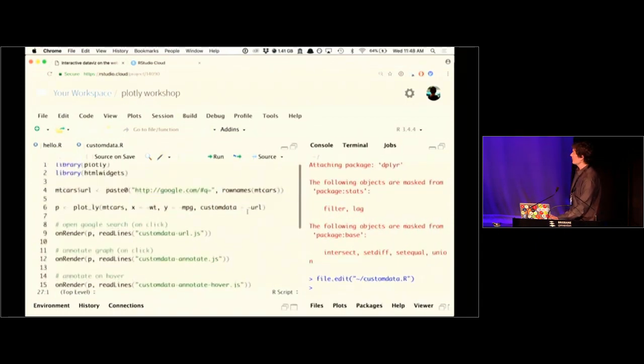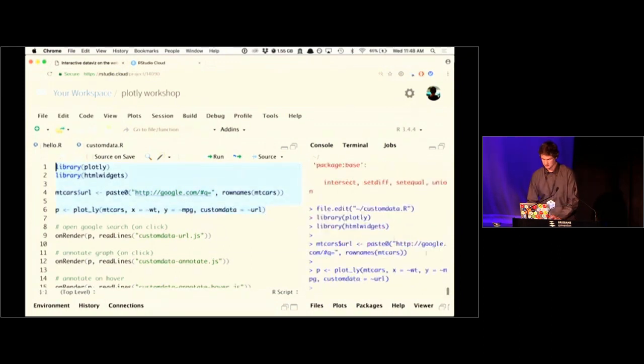A similar example here, where we're creating the same visualization by default, but we're going to be playing with different JavaScript callbacks to this visualization. So I'm still assigning this Google search query to the custom data attribute here. And if I were just to print this,